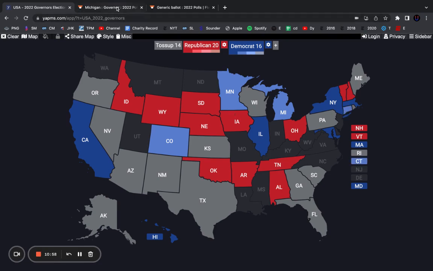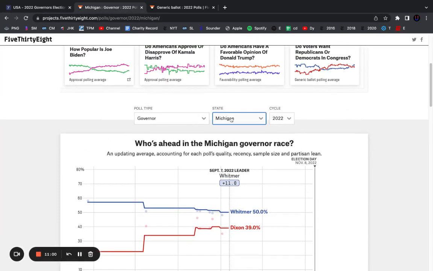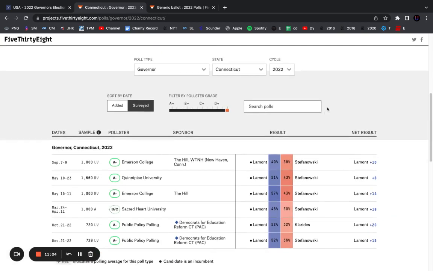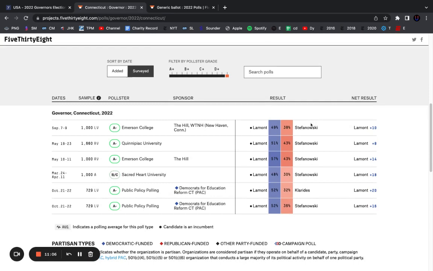Connecticut is generally pretty close to the governor's level, but this time I think it'll be not really contested. Likely, not because I think that Bob Stefanowski has any real chance of winning, but mostly because there's some level of Biden voters who are more conservative down ballot and will probably vote for Bob Stefanowski. Again, he ran a good campaign in 2018. He only lost by 3% in a blue wave, which is a really impressive showing for him.